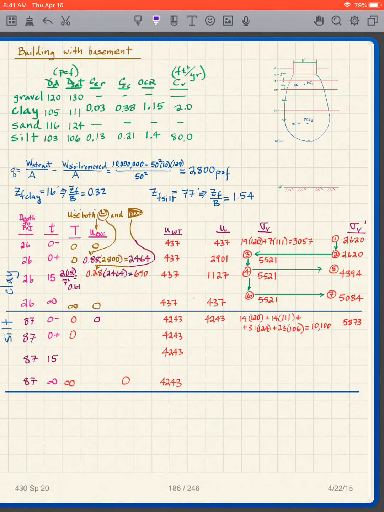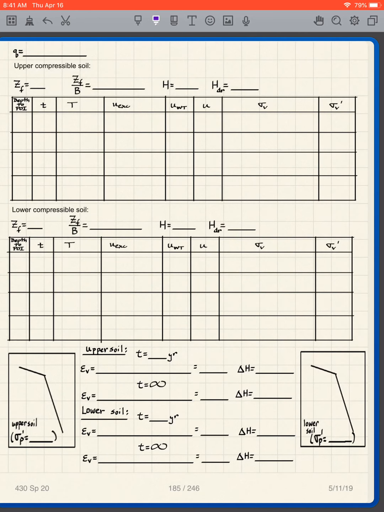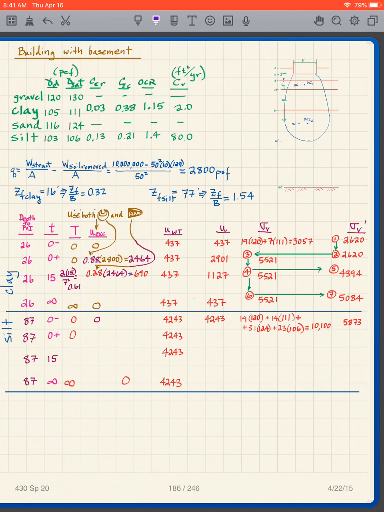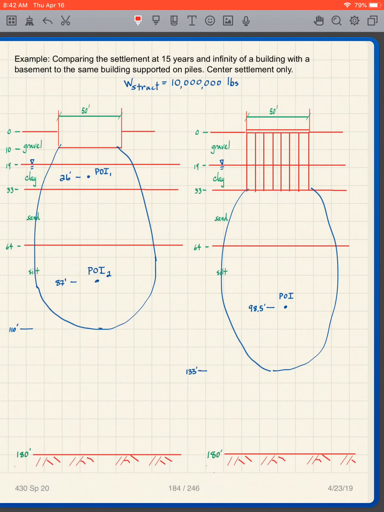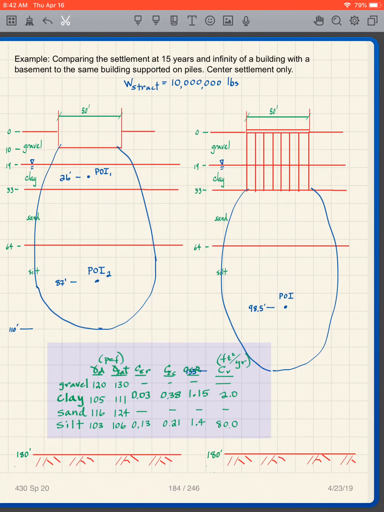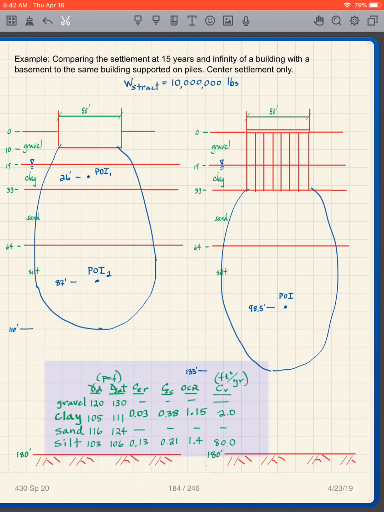Where are the soil properties here? Let me... I thought they were on that page, but okay, so please use these soil properties,